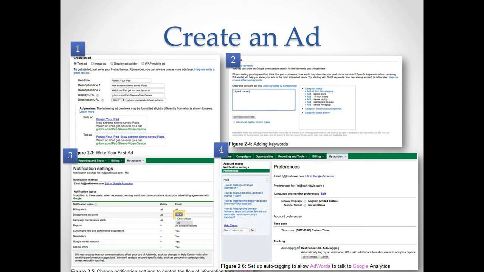Now Google makes creating your campaign as easy as possible. So here's all you have to do. First you click the create your first campaign button. That seems like a very, very obvious first step. On the next page, you click the campaign type button and select search network only from the campaign type drop-down menu. You want to start with search network only because the first market research you'll do involves searches and keywords, which is important to SEOs.